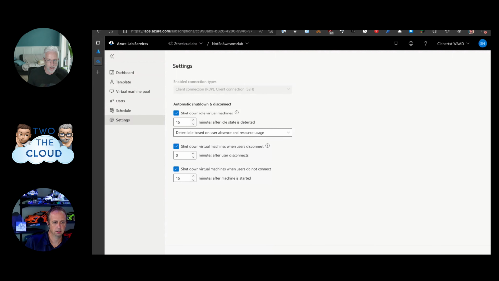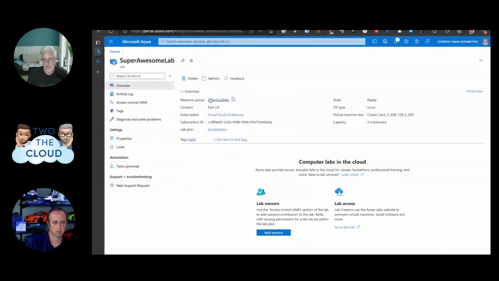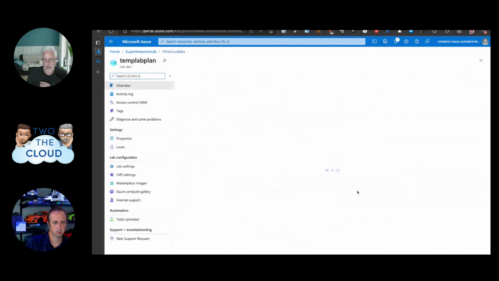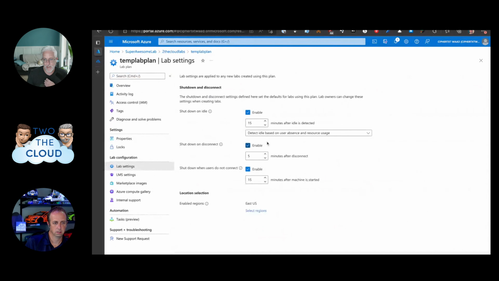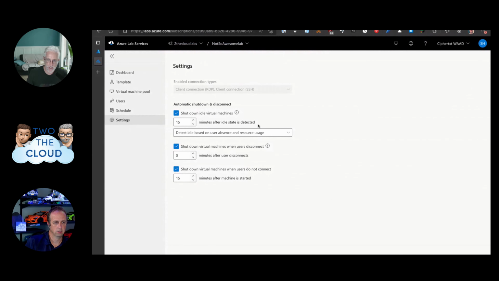You just can't see that configuration from here because you have to hop all the way over to the Azure portal. So you come back over to the Azure portal, up here to our temp lab plan and our lab settings there. And then you can play around with some of this on this side. So it's a little bit of a disjointed experience because you're floating in and out of these two portals just as you're kicking around and doing things.